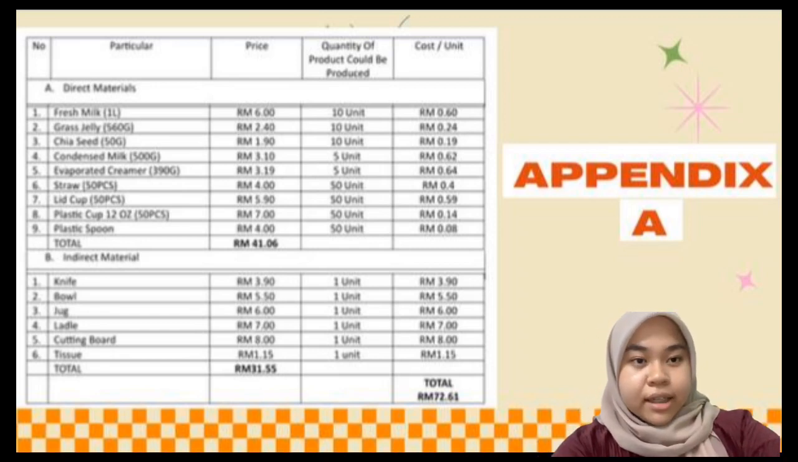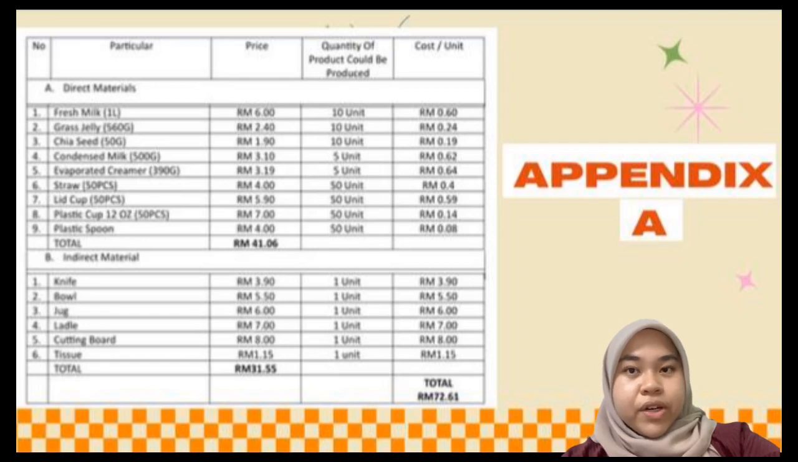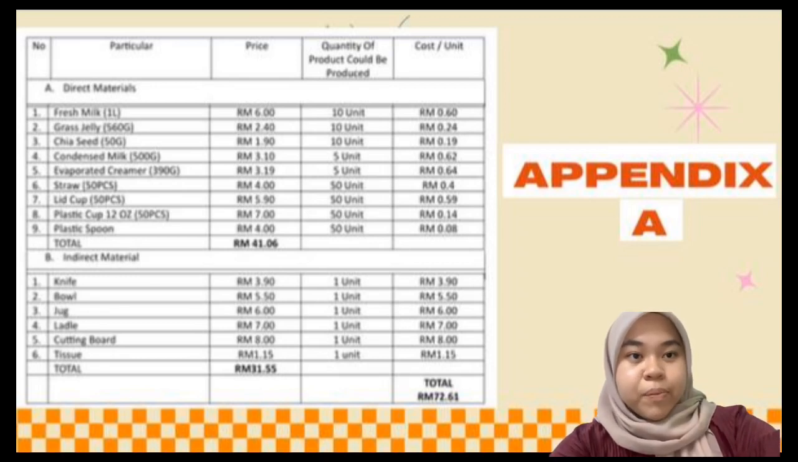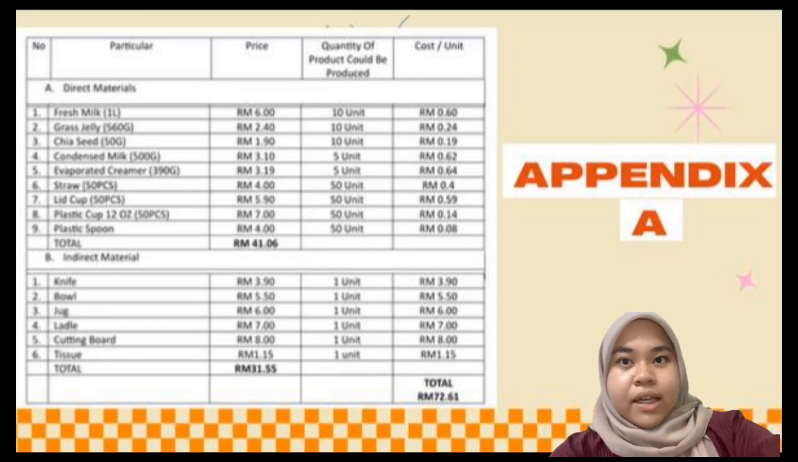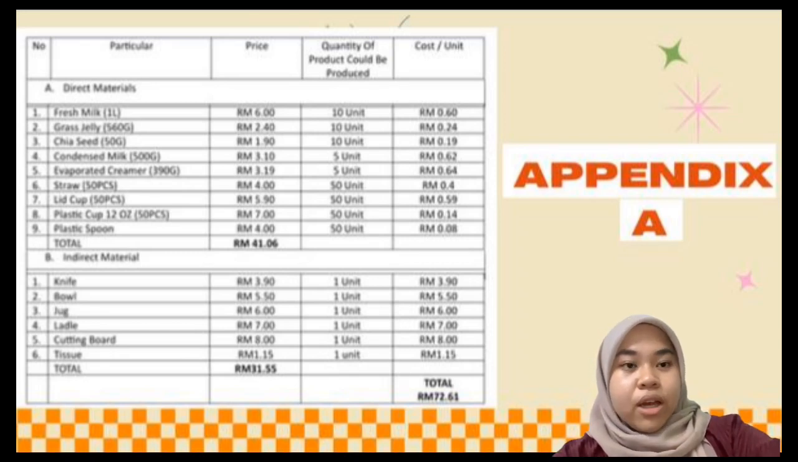Number 3 is chia seed, 50 gram. The price is RM1.90, the quantity of product that could be produced is 10 units, and the cost per unit is RM0.19. Number 4 is condensed milk, 500 gram, and the price is RM3.10, the quantity that could be produced is 5 units, and the cost per unit is RM0.62. Number 5 is evaporated creamer, 390 gram. The price is RM3.19, the quantity is 5 units, and the cost per unit is